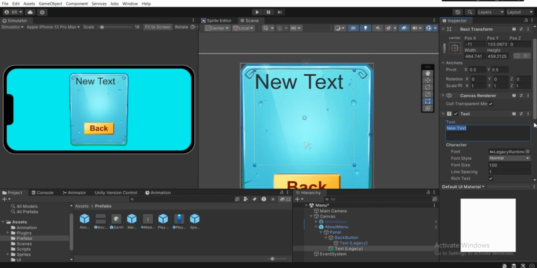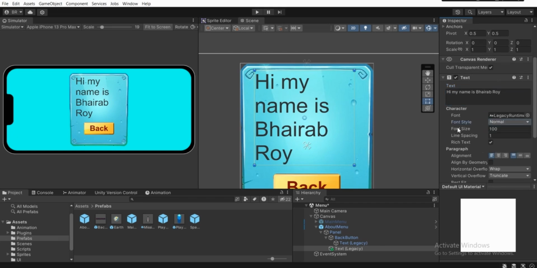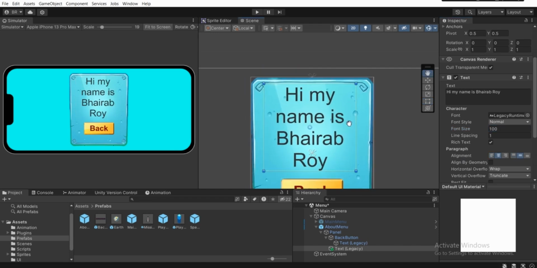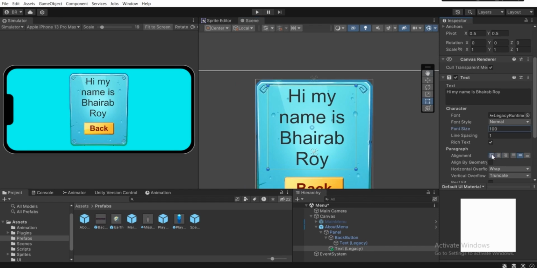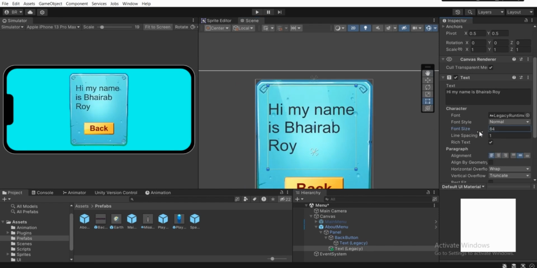And what we can do, hi, my name is Vairab Roy. You can type whatever you want to say. So I'm gonna go over to font style. I'm gonna leave it to bold, and I'm gonna choose alignment to both of this center. We can see it's totally up to you, and I'm gonna select this left one instead, and I'm gonna decrease